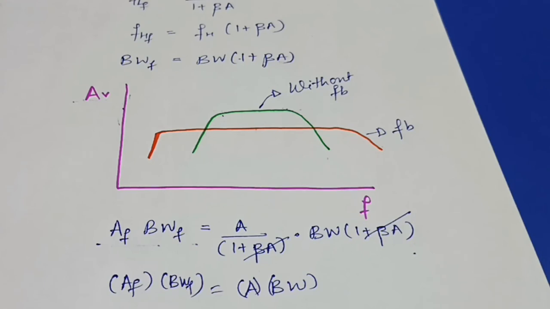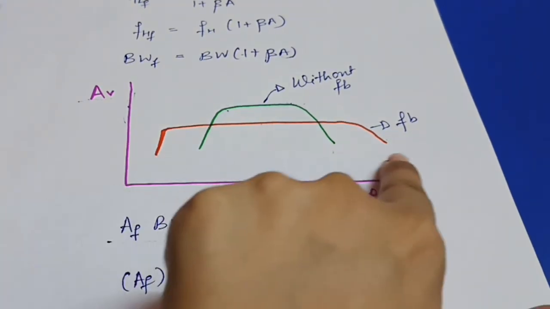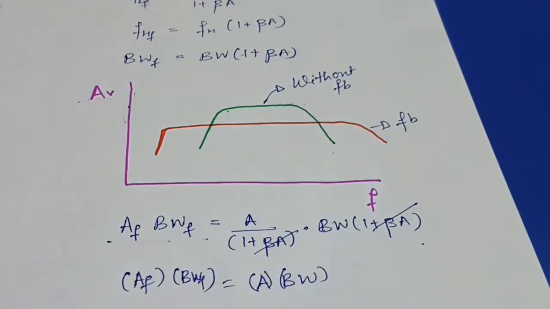Now let's discuss the effect on frequency distortion. So basically the negative feedback reduces the frequency distortion. If negative feedback is used, then bandwidth increases, as you have already seen. Hence, gain remains constant over a large range of frequencies. Therefore, the amplifier provides equal amplification to a greater number of frequencies. That's why negative feedback reduces the frequency distortion.